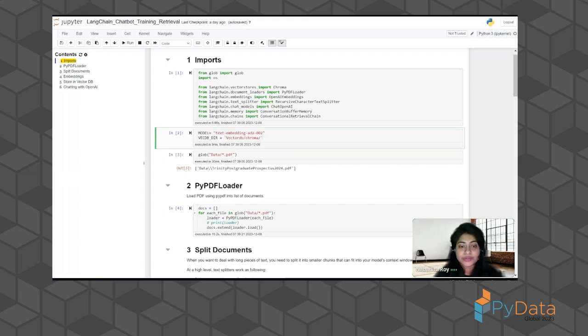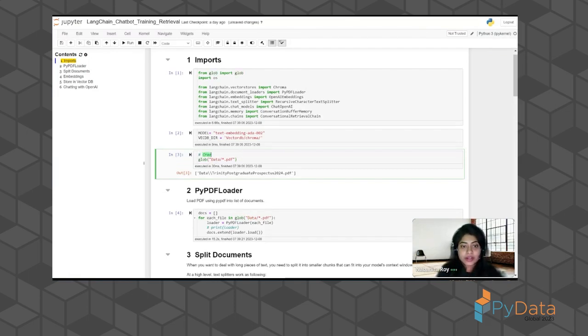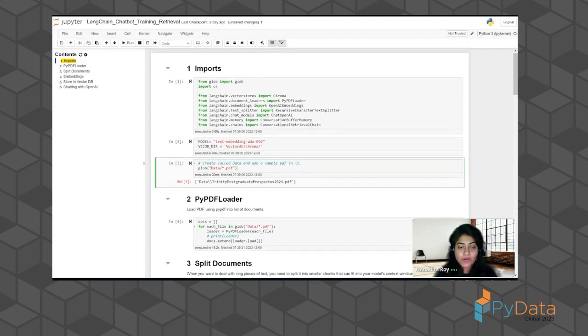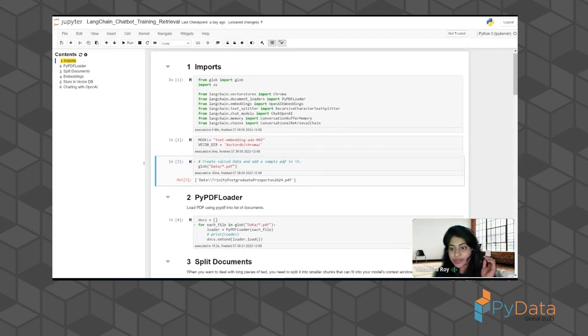So what you can do is create a folder called data, and add a sample PDF in it. Whichever, whatever you like.